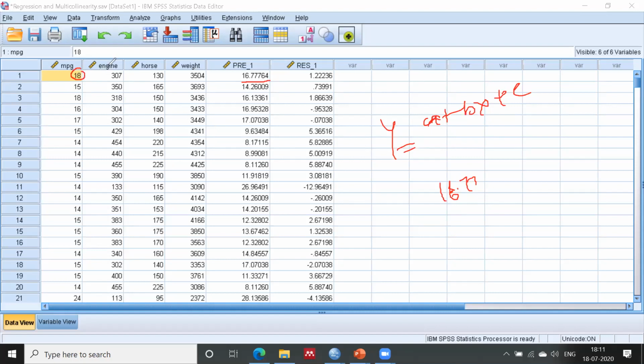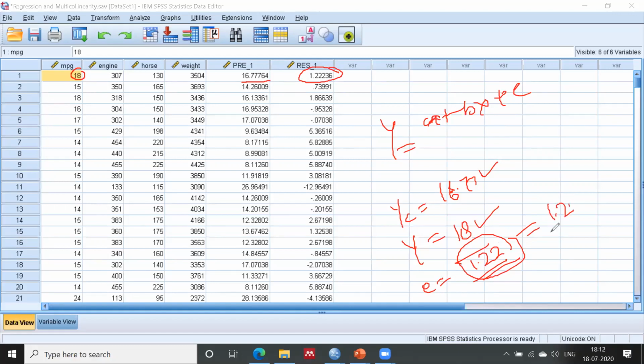If you see here, this is actual y, this is predicted y, yc, and actual y is 18. So is there any difference? That difference is called the error, and the difference is 1.22. So this is basically the residual. Because I predicted the sales will be 16.77, but I got sales of 18. So I predicted wrong, and the value I was off by was 1.22, right?